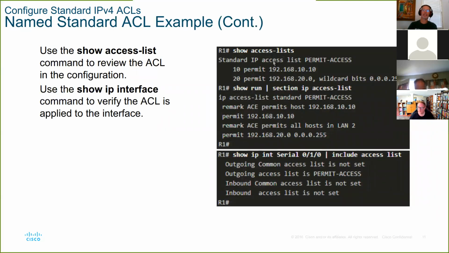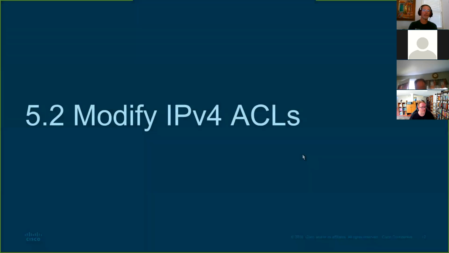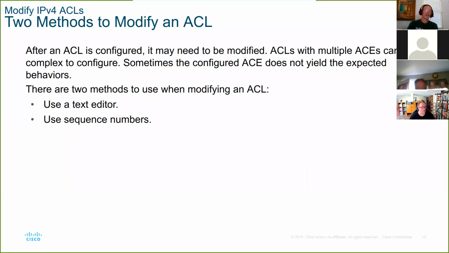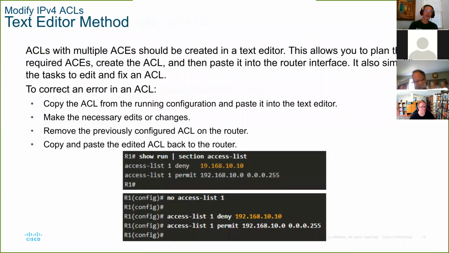Show the access list, its name, sequence numbers, what they can do. We can look at the access lists on the serial access list the same way. This is where the two rules come into play. Rule number 1, use a text editor. Rule number 2, if you decide not to use a text editor, refer back to rule number 1. But you can do it with sequence numbers. I'll show you how it looks.